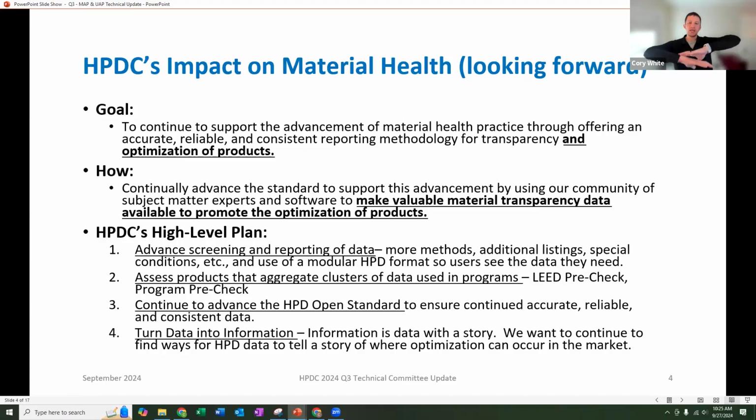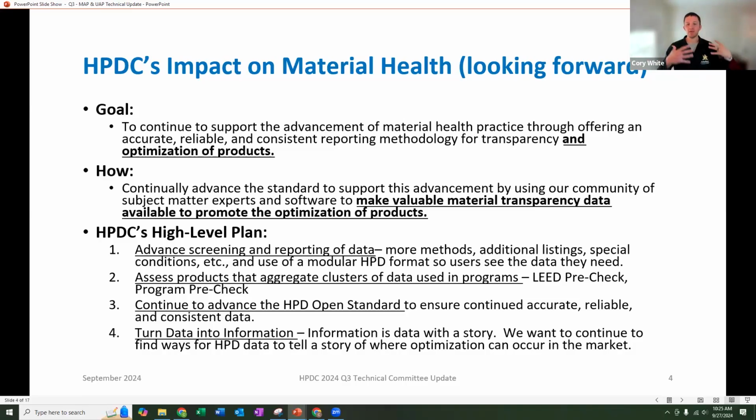And right now we just have this mountain of data, okay? It's a ton of data, and really what data is can be confusing sometimes, because what you need to do is you need to tell a story with that data, and that story then becomes valuable information. So what we want to be able to do is continue to advance our screening, our reporting of best practices, and then we want to be able to assess those products, so the assessment piece of it.